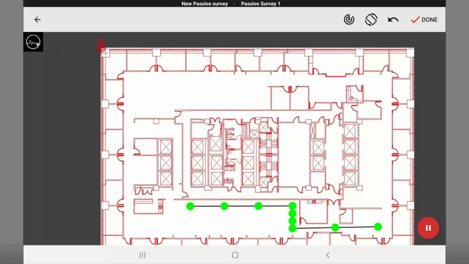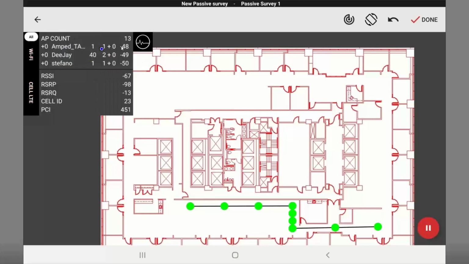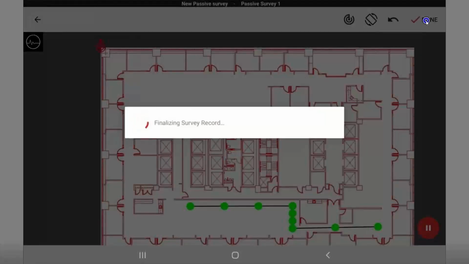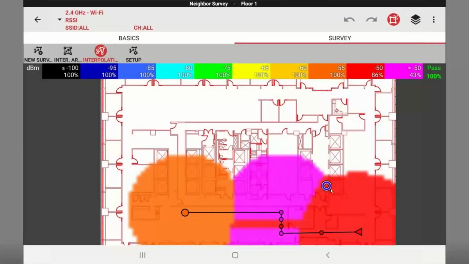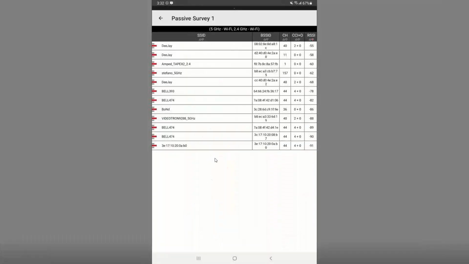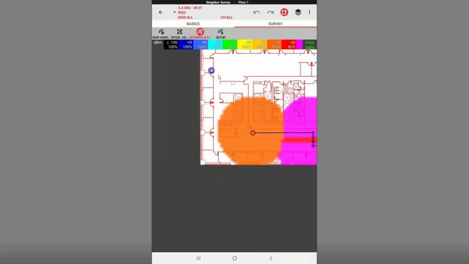And again, it will scan and show you the Wi-Fi access points and then the serving cell you're connected to. So once you're done, you hit done, and then you would see the data points. And what's new now is that when you click on it, well, this is Wi-Fi. But if I filter,